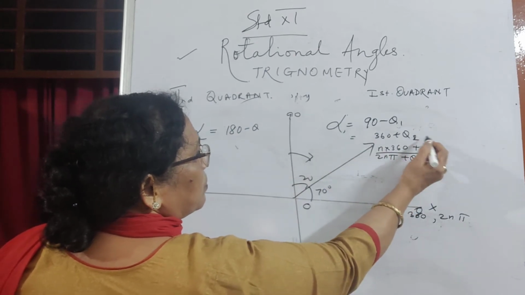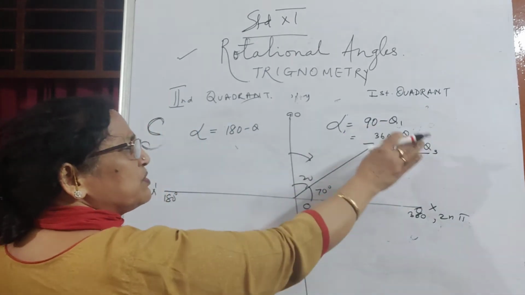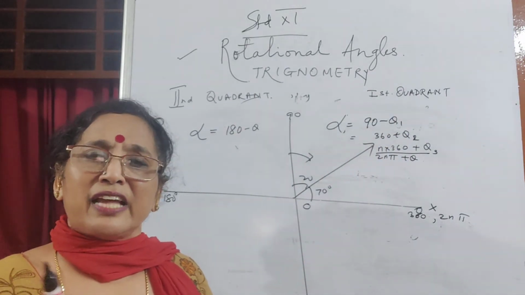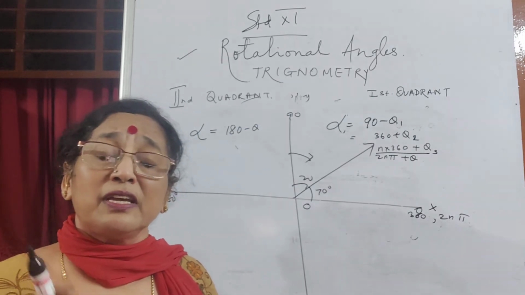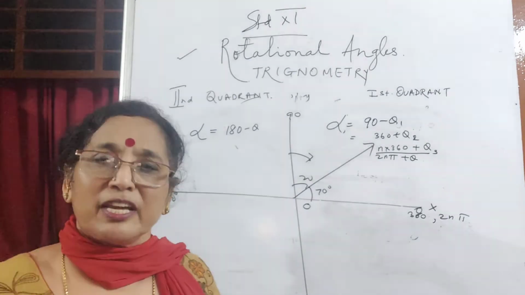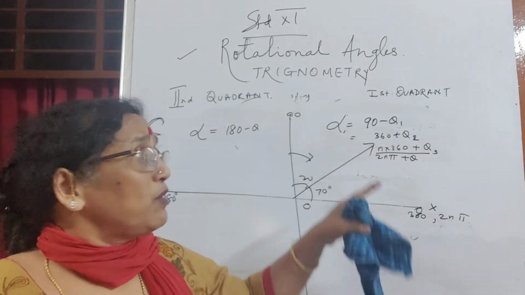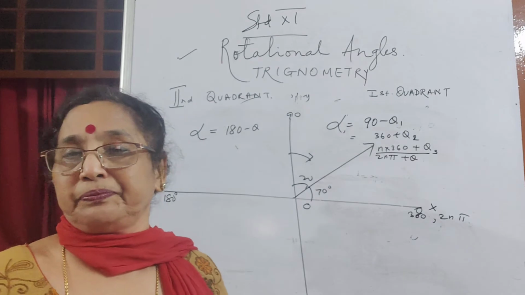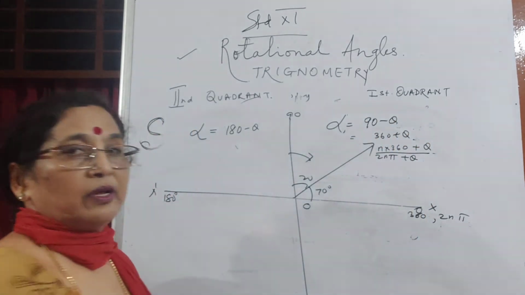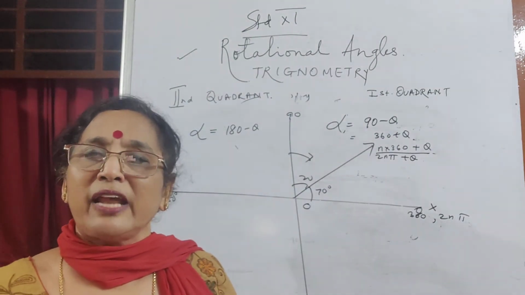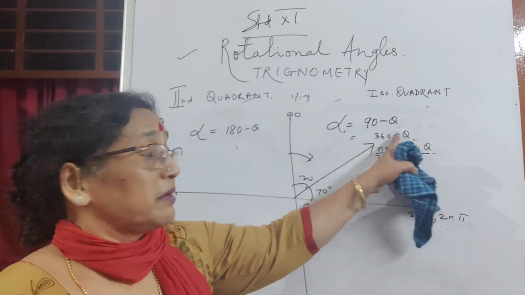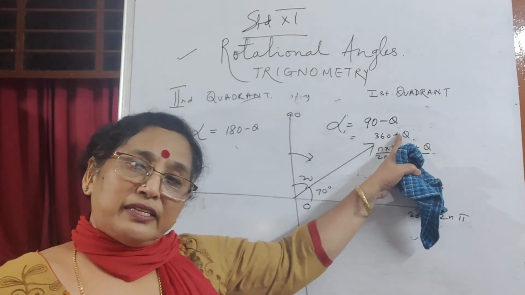Or theta 2, and this is theta. So I'm just using theta, don't think it is the same angle. Like 70 is 90 minus 20, 750 is twice 360 plus 30. So the thetas are not the same. I'm just writing any particular angle, any one of those, not all three. Okay, so I will keep it as theta, but again I'm telling you, not the same angle. Any particular angle, either you can write 90 minus something like 70, an acute angle. This is an acute angle, only acute angle, less than 90.